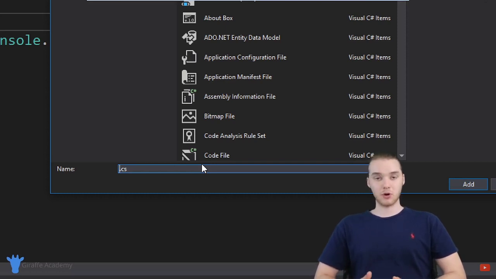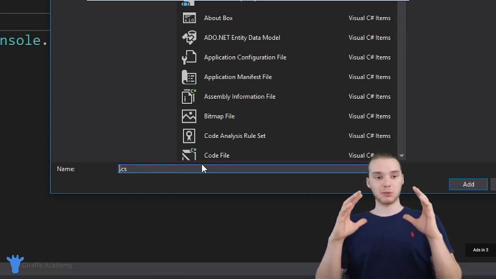So let's say that I was writing a program. Maybe this was a program for a library or a school bookstore, and I wanted to be able to represent a